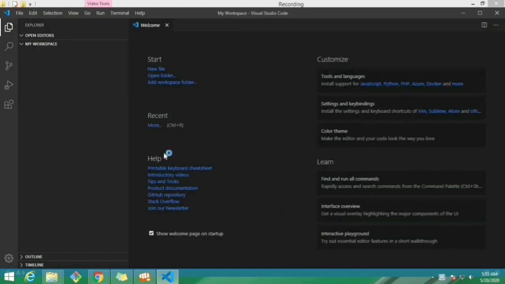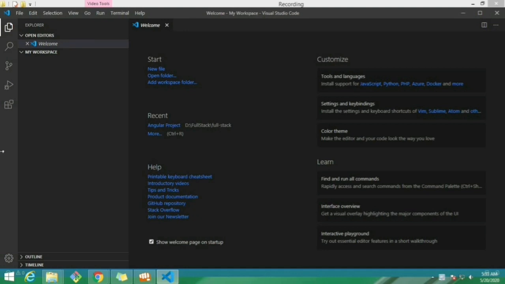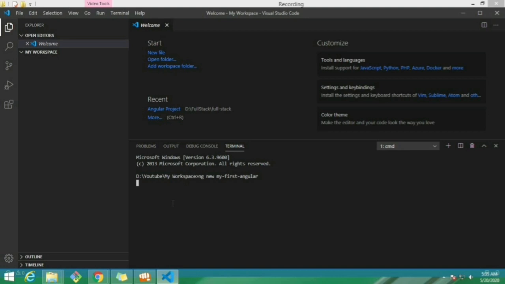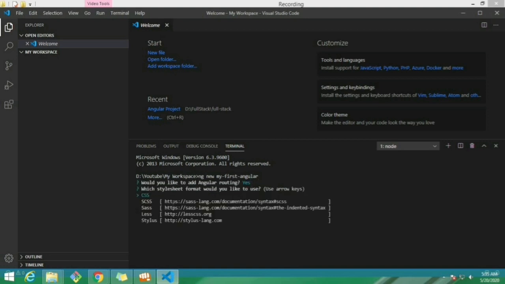To create an Angular application, we need to remember one command, that is ng new, then the project name. Here you can see ng new my first project. You can also see the routing question. We need to write yes here, and I will discuss this later on.